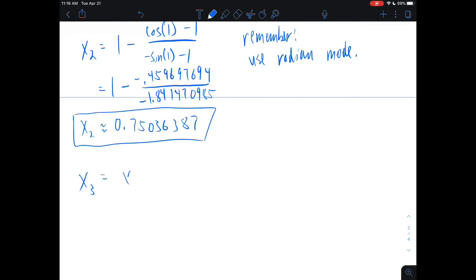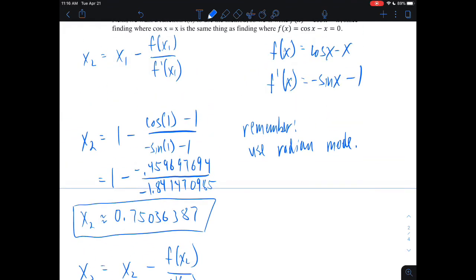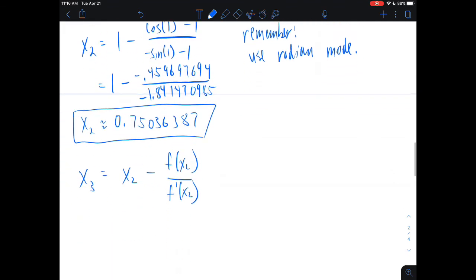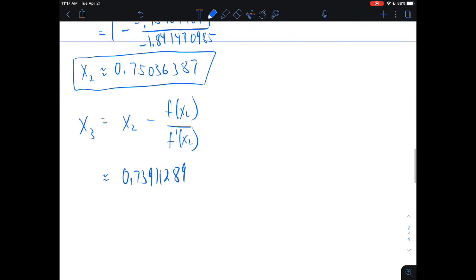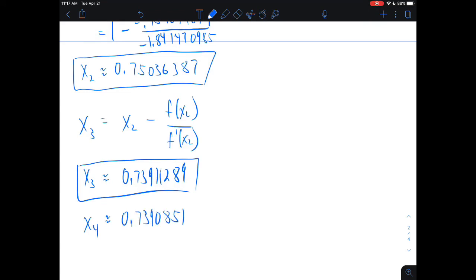So then we would take this and use that to find out what x3 is. So x3 would be x2 minus f of x2 divided by f prime of x2. So again, using the same functions, f of x and f prime of x, just like I did with 1, but now with this decimal for x2. And what you're going to get for x3 is 0.7391129, also rounded to 8 decimal places. So as you keep doing that, you'll get x4 approximately 0.73908513,